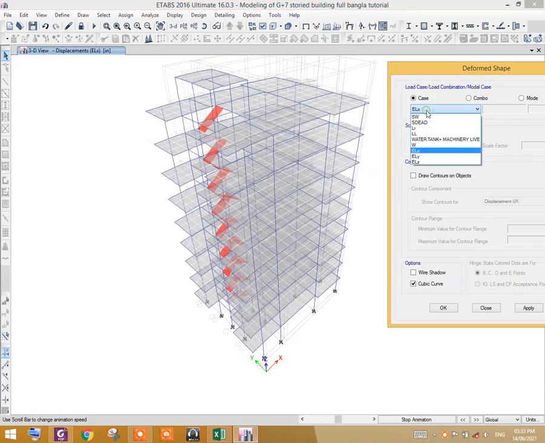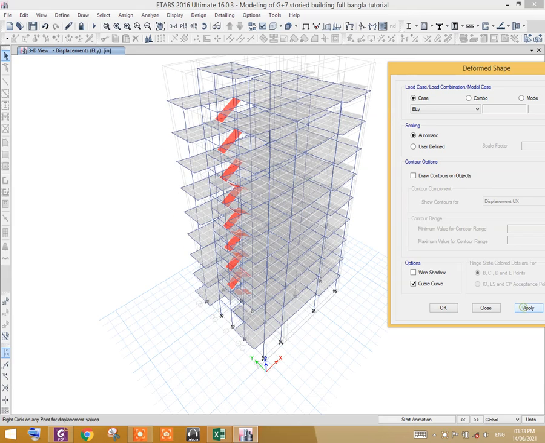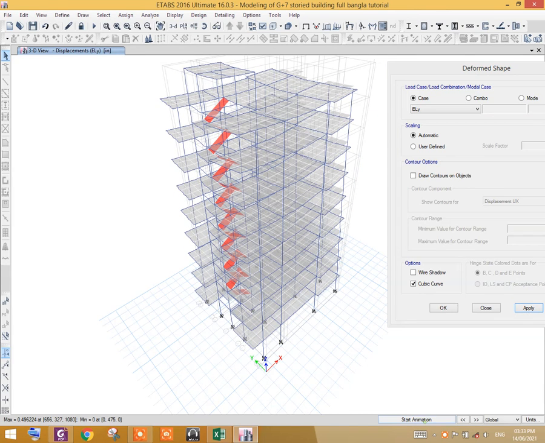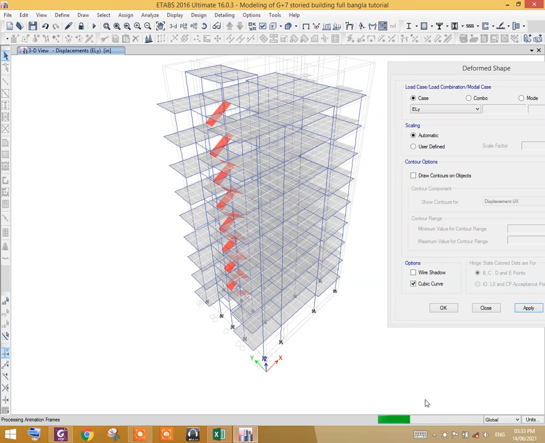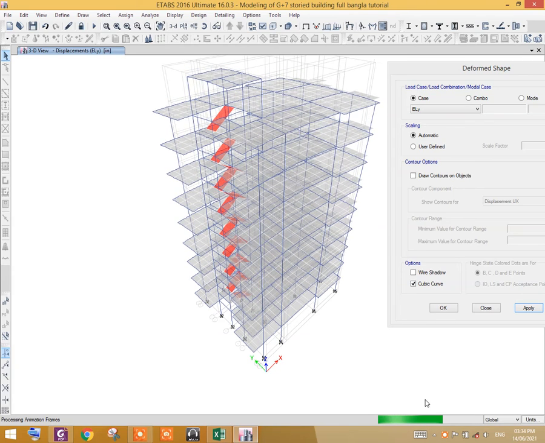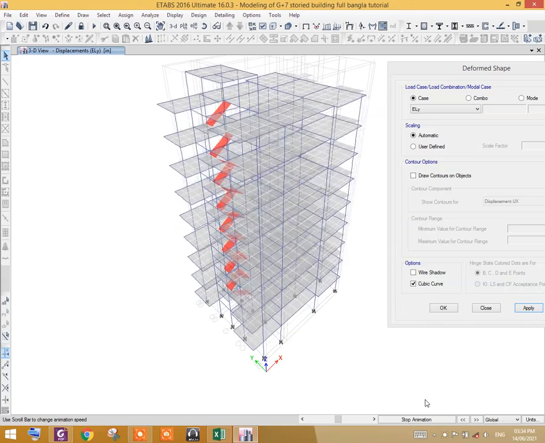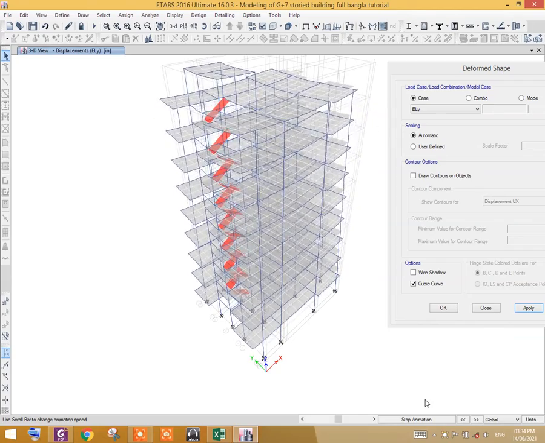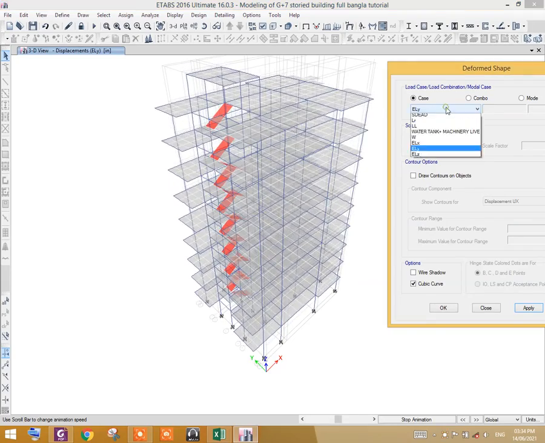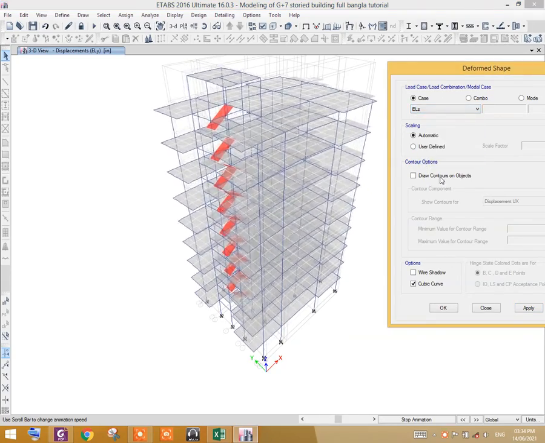You can also see the ELY behavior. You can also see the ELZ behavior.